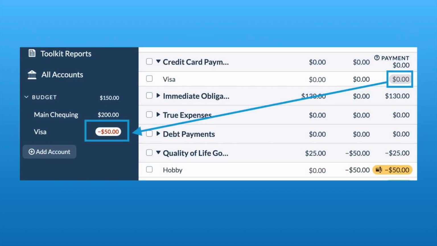So when we come back to the budget category, we can see we have 0 set aside for the payment. We owe the credit card company $50. You've used credit to pay for this hobby. So what am I going to do now? Now I need to go find the money somewhere else in my budget if I don't want to create new